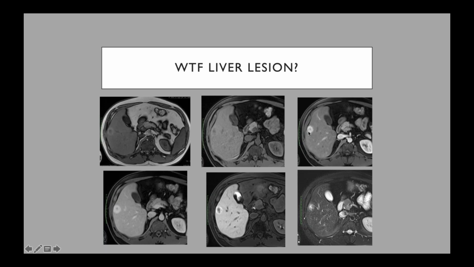It has a lot of arterial hyperenhancement. It doesn't wash out, and it retains contrast in the hepatobiliary phase in almost a ring-type pattern. And on the T2, it's got this central really bright bit, and the peripheral aspect is almost iso-intense to the background liver. So before he got the MR, during his screening ultrasound, we gave him ultrasound contrast, and